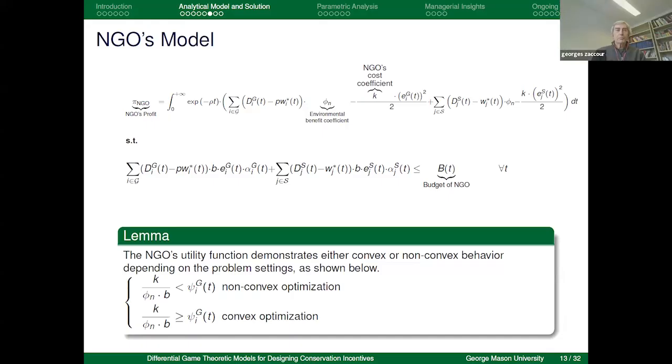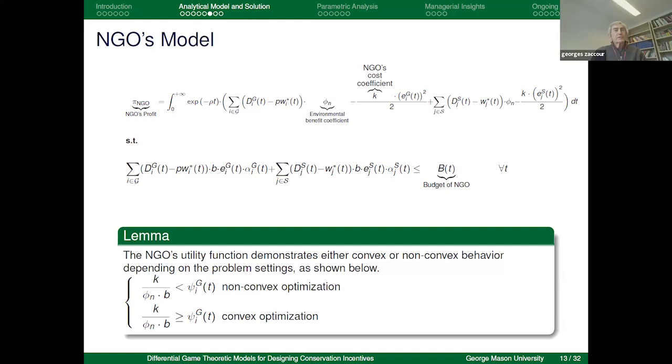Well, this is where I have a problem, this notion of optimal solution. If it's a game, it's an equilibrium solution. So you have 12 players, for instance, and so are you solving for a Nash equilibrium between these 12 players, taking into account the announcement of the NGO, who is a leader somehow, and solving for a Stackelberg equilibrium? So we don't have that Stackelberg structure like the leader-follower or even Nash equilibrium, primarily because this is not a static game. We solve this for season one. The parameters get updated, and then we solve it for the second season, and that's how we have the trajectory of decision variables.